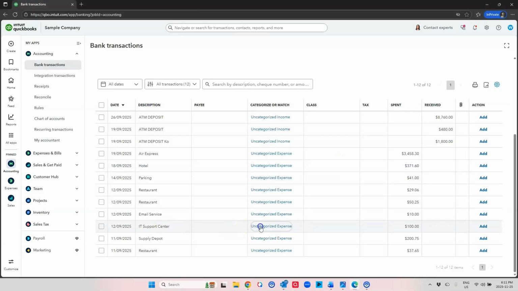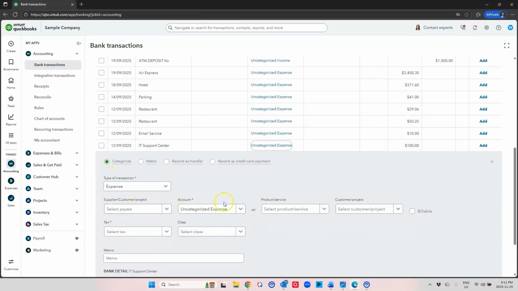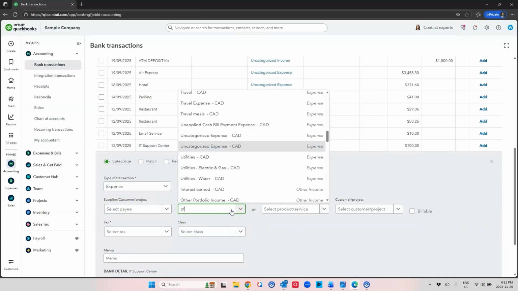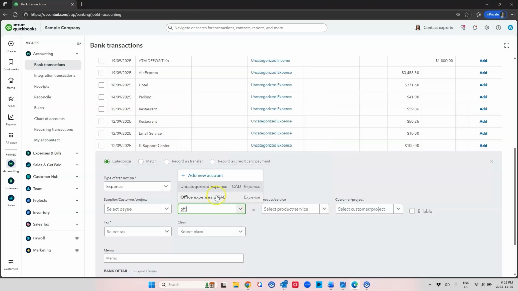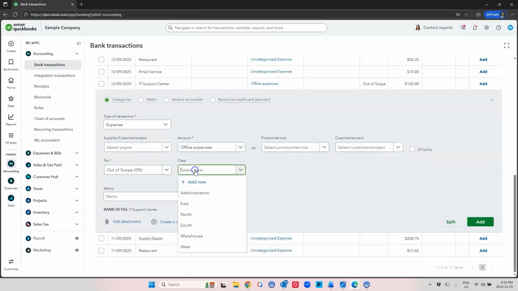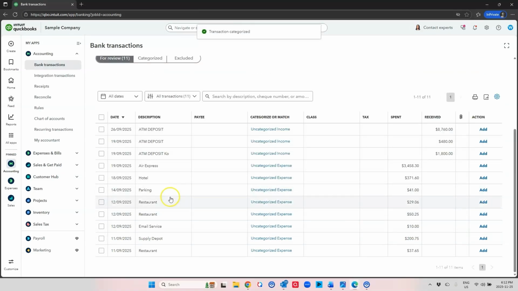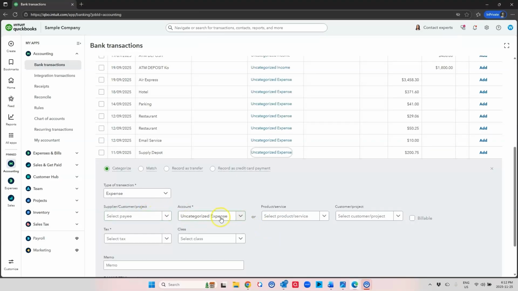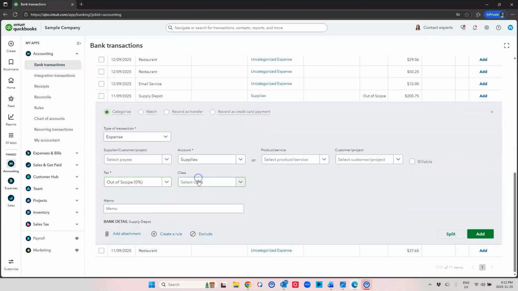So here we have IT Support Center. It's an expense. Let's choose a category. I guess I'm going to go for office here. Office expenses. And then I'm going to get rid of that tax, and I can put it straight away to the class of administration and add that in. And let's have a look at another one here. We've got the Supplies Depot. Let's say these were warehouse supplies. So I'm going to pop these here to supplies for the warehouse. So I'll be choosing, after I turn off the tax, the warehouse here with our warehouse supplies